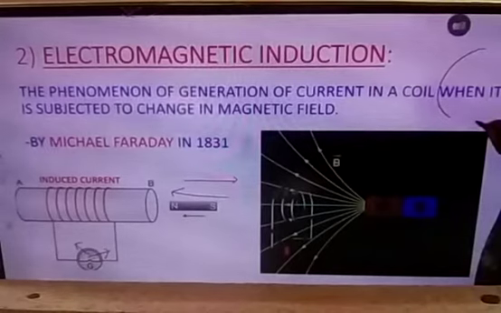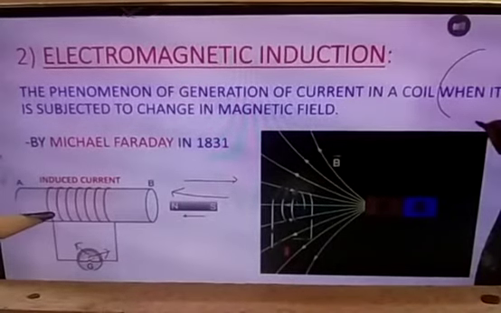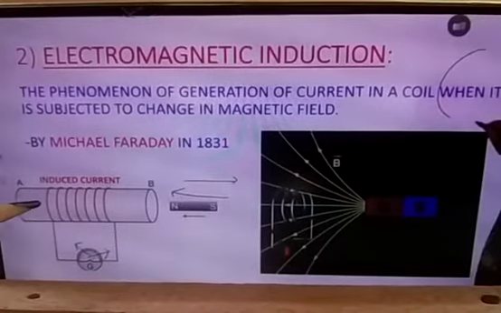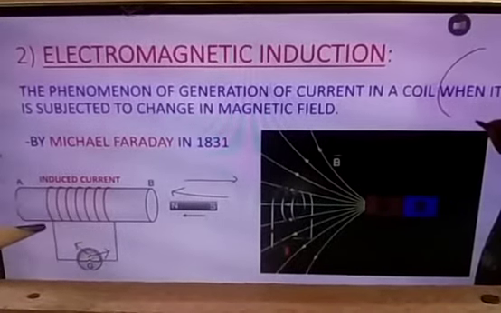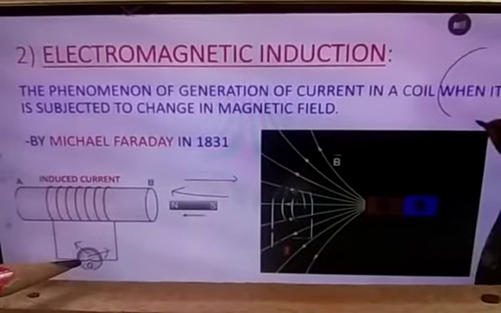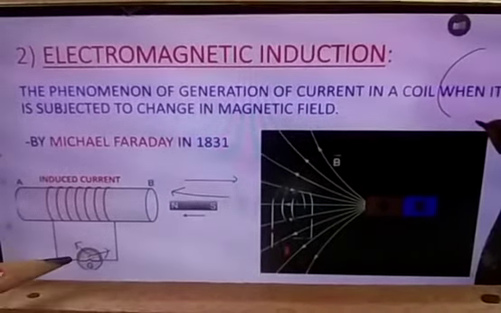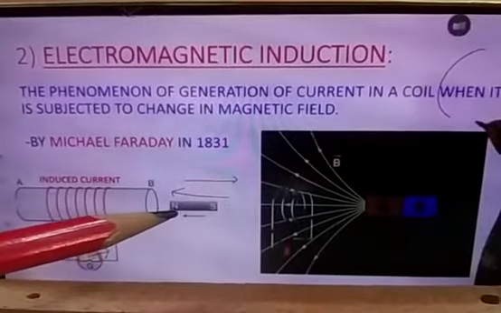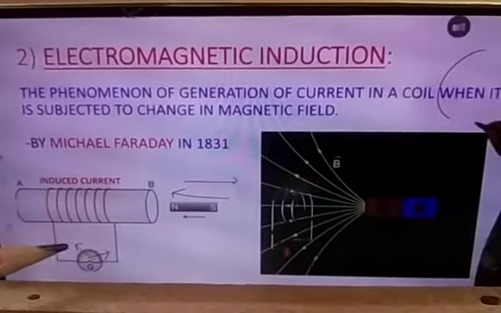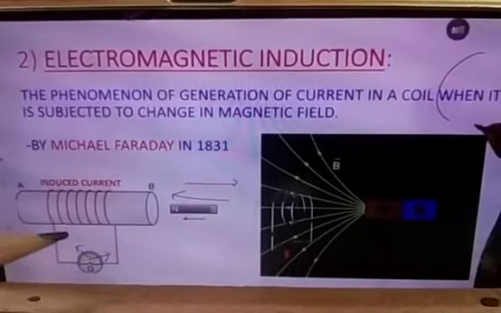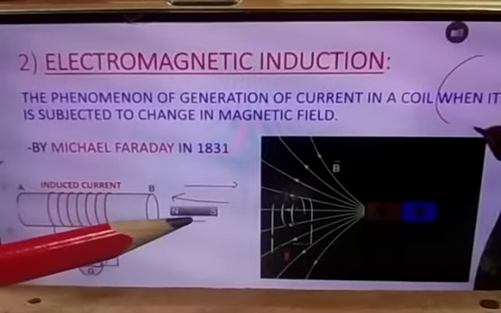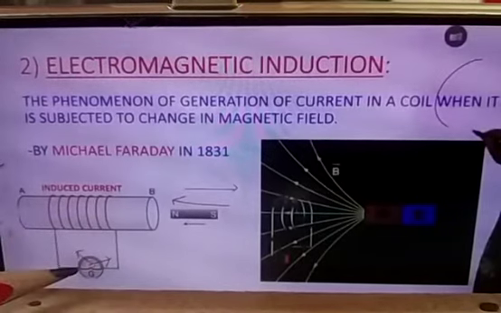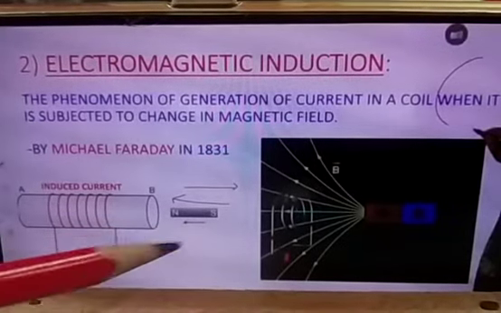Here you can see this is nothing but a coil. This is a metal, on which copper wire is wrapped, and then this is the galvanometer, which detects whether the electricity is passing or not. This is a magnet here. This is just the metal and the copper wire is rolled and made into a proper circuit. What's happening? If I am taking this magnet in front, the electricity will be generated. As we go back also, the electricity is generated.